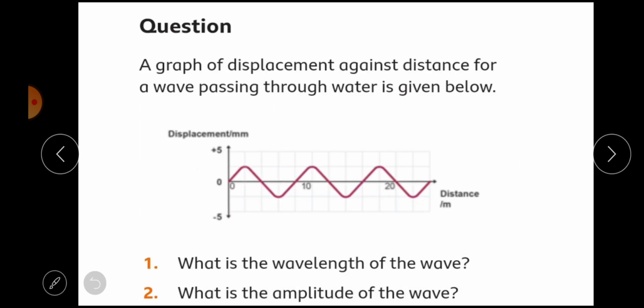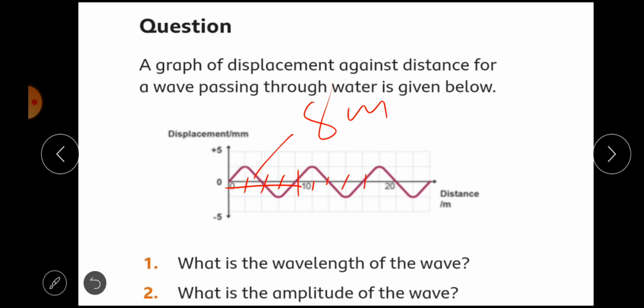So let me go back here. You need to be very careful of the divisions here. So we have 0, and this one is 2, 4, 6, 8. So you see that is 8. So this is the distance, which is 8 meters. And then we have 10 here, 12,